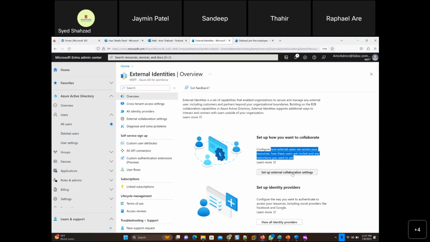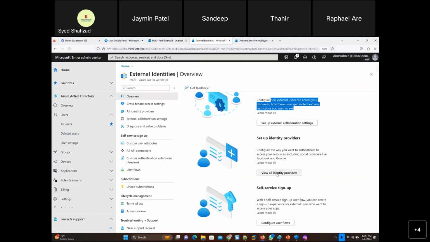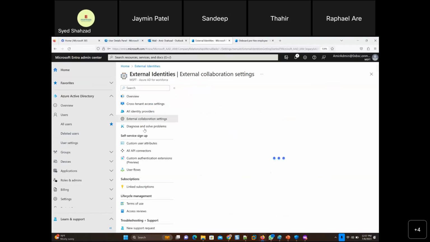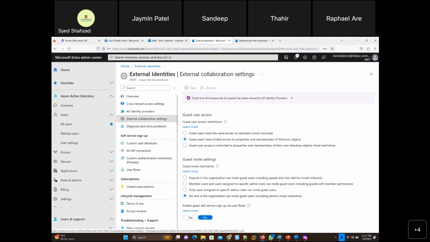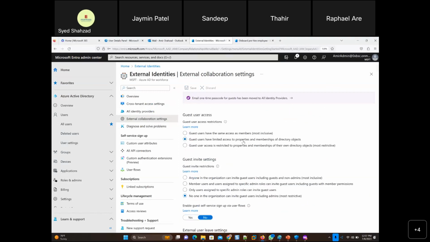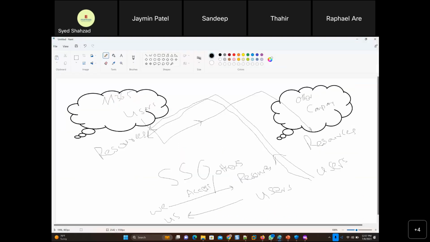Set up external collaboration settings, and there's set up identity providers. First of all, if I go to external collaboration settings here, these are guest users settings. We have gone through this setting in Active Directory as well. Now there are users outside, either company users or, say, one company has offered John and Sandy and Bob as contractors.